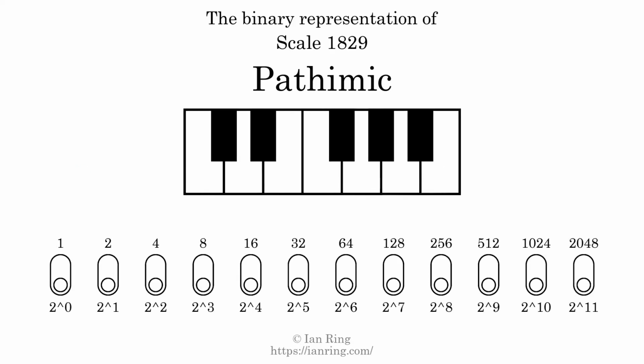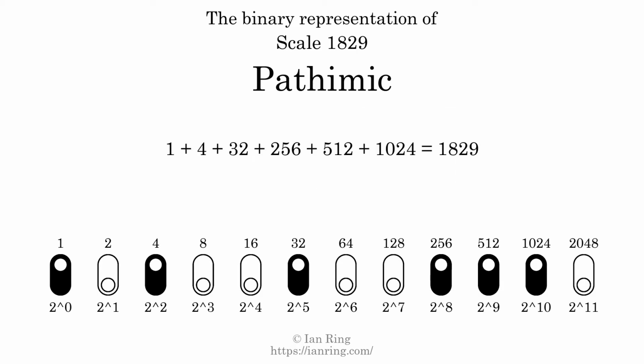The binary representation of this scale is determined by mapping tones of the scale to binary digits. Each binary digit represents a power of 2. To get the scale number, we add the powers of 2 together. The powers of 2 that are present in the scale, all added together, equals 1829. That is why the scale number, in decimal, is